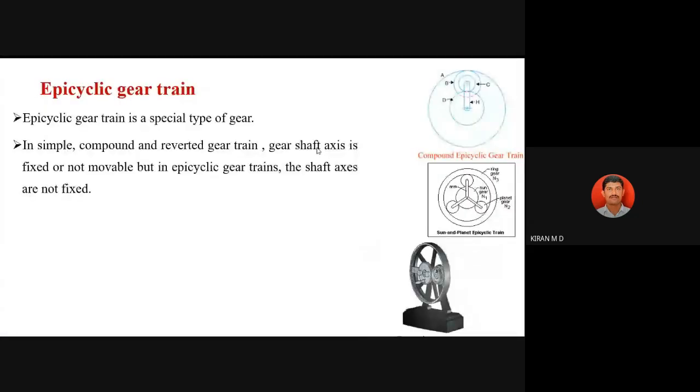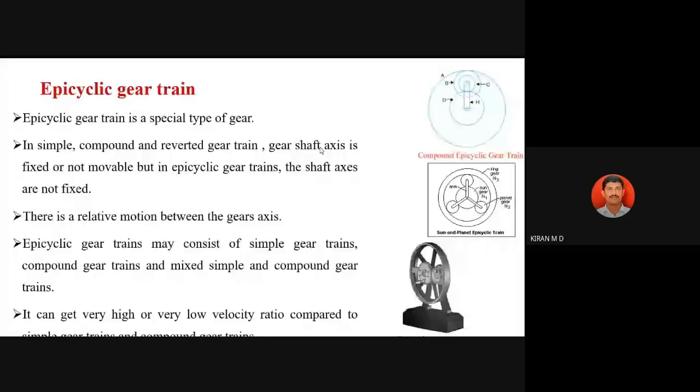Okay, this is about the epicyclic gear train. Now, how can we calculate the velocity ratio? In our subject, we study gear trains kinematically. We can study the speed of the input gear and the speed of the output gear, or we can decide the size of the gears according to the speed we require.